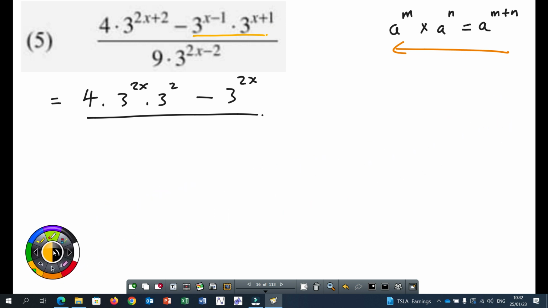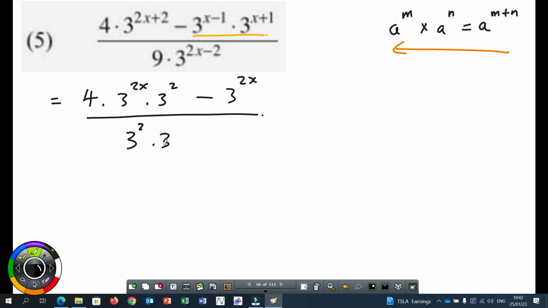All right? Then, the denominator, since here we have got a 9, 9 can be written as what? 3 squared. So if I write it as 3 squared, that would be times 3 to the power of 2x minus 2. Okay, at this stage, because of this 3 squared, I need to apply law 1 so that I can simplify that denominator. Then from there, I'll have 4 times 3 to the power of 2x times 3 squared minus 3 to the power of 2x. This is all over